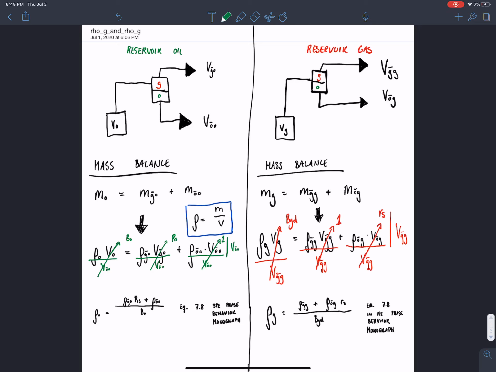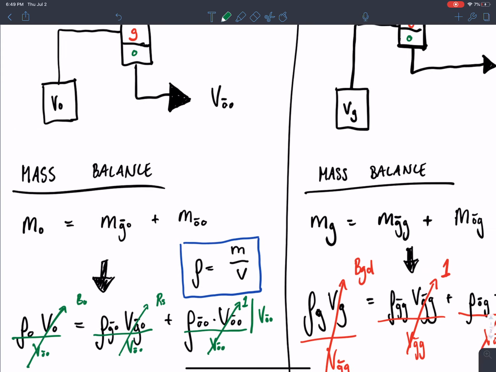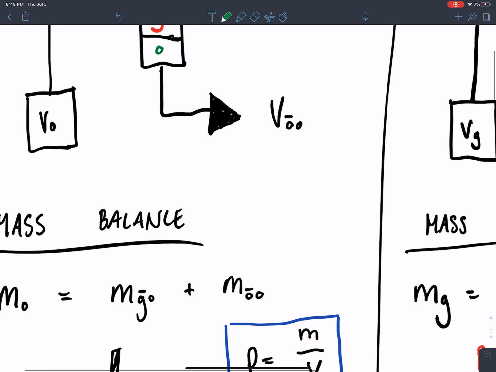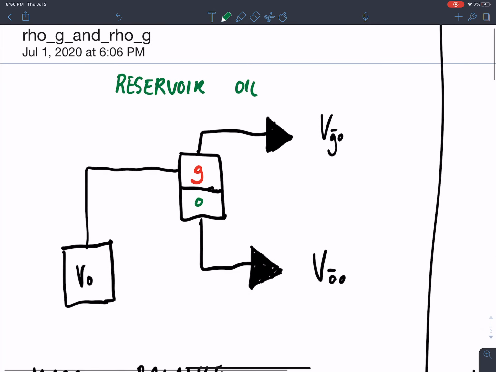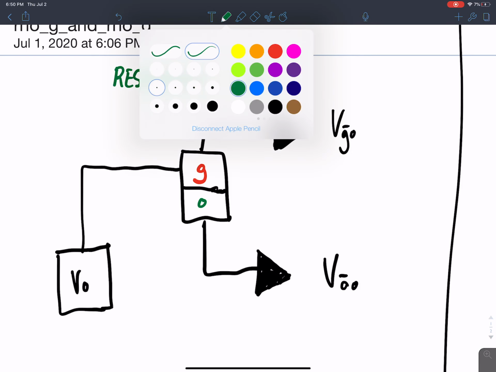One interesting thing to note about black oil PVT properties is that you can actually use them together with surface densities to calculate reservoir oil and reservoir gas densities. And I would just like to show that concept real quick in this very short explanation video. So if we start with the simplest case of reservoir oil in the reservoir that